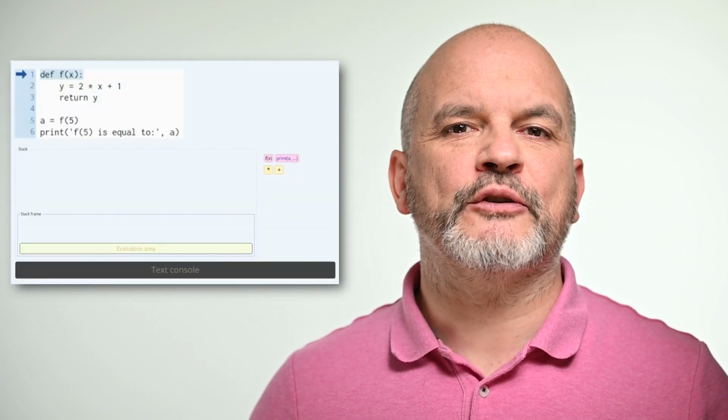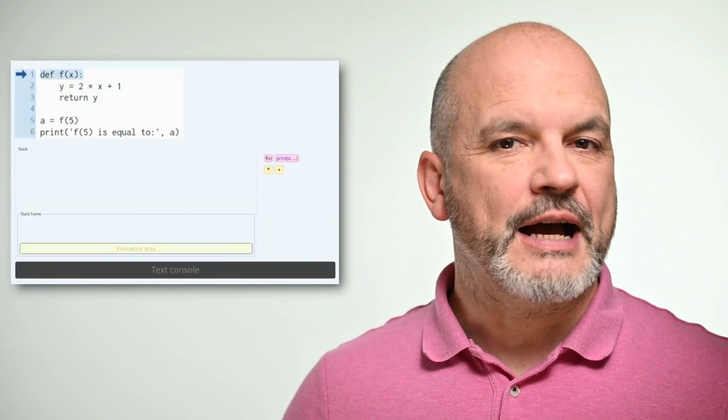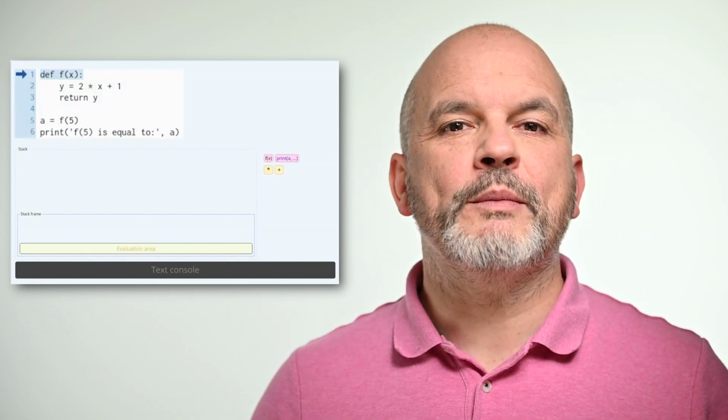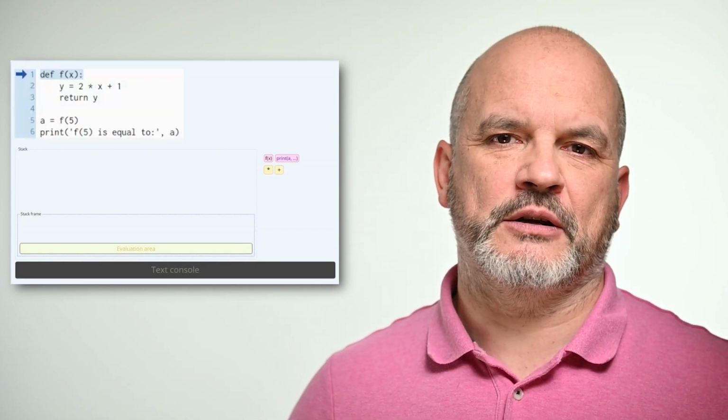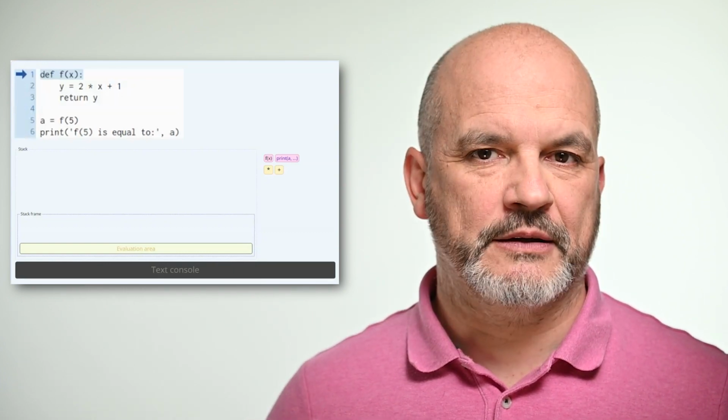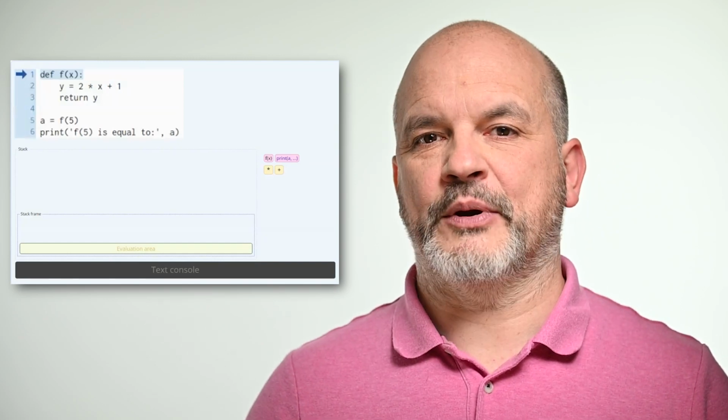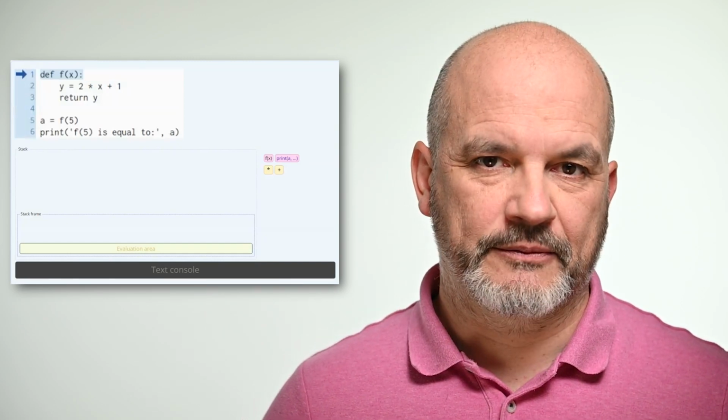When a function is called, the program will pause the current execution and start executing the code inside the function definition. Once the code inside the function is finished executing, the program will resume the execution where it left off. Let's see how it works when calling the function f defined here. As you can see, it is a linear function we mentioned earlier. First, the interpreter reads the function definition and creates a function object. Apart from that, nothing happens. The function is not executed.